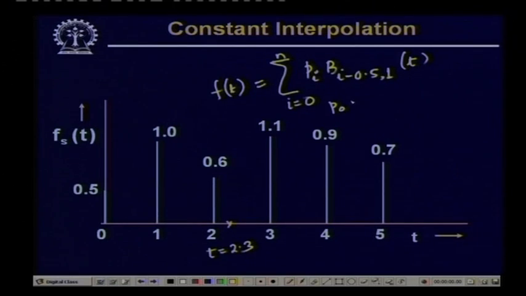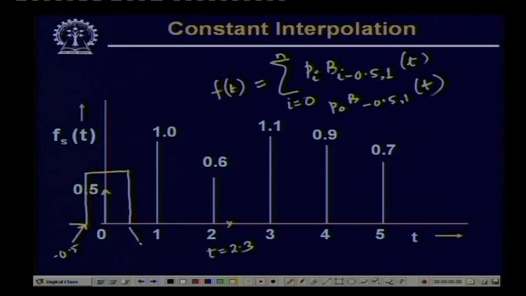So, when I compute P 0 B minus 0.5 1 t for computation of this particular component, along with this sample P 0 which is equal to 0.5, I have to consider the B-spline interpolation function as this,